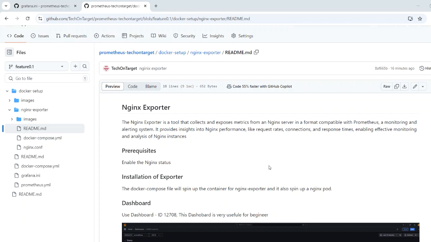NGINX is a very popular word. It's a very famous web server on which we host our web application. Today we will learn about the NGINX Exporter, which works with Prometheus, and we can monitor our NGINX